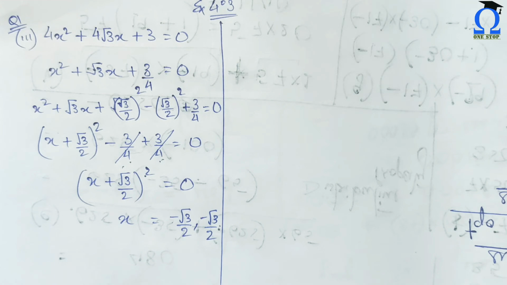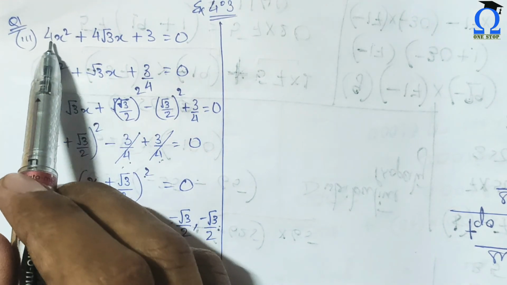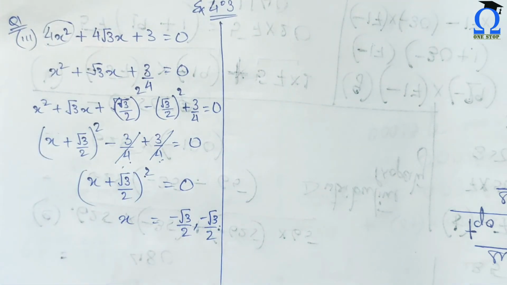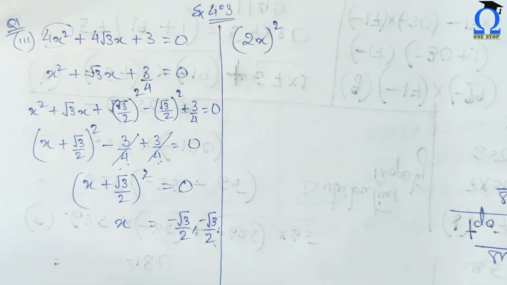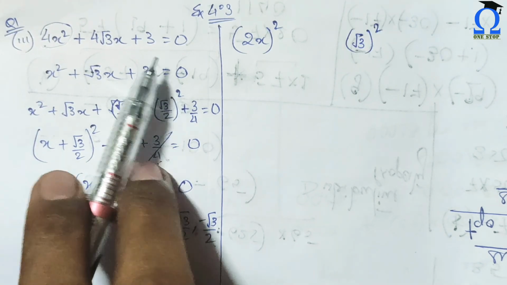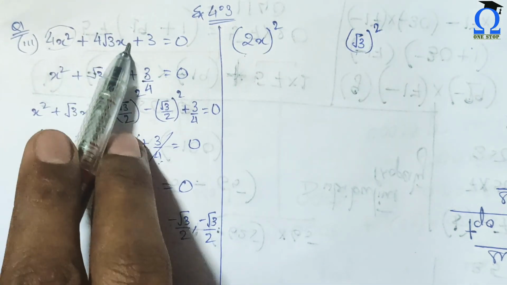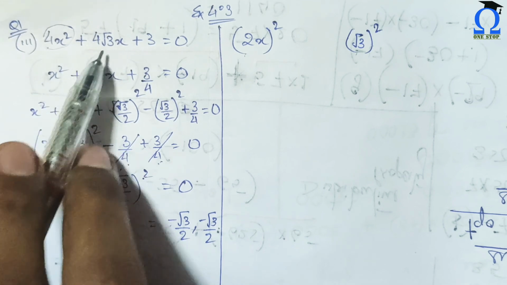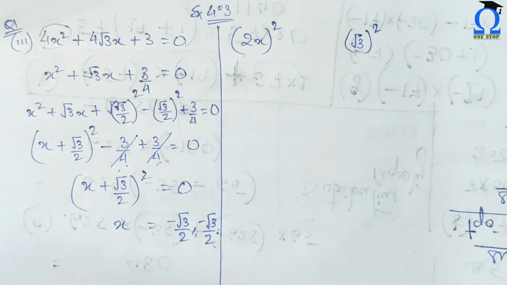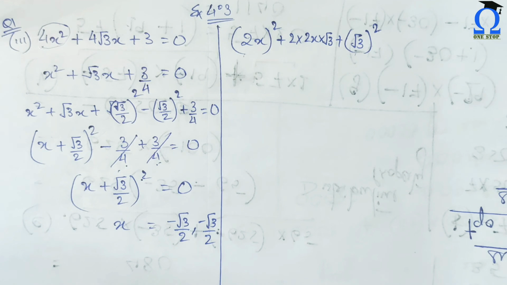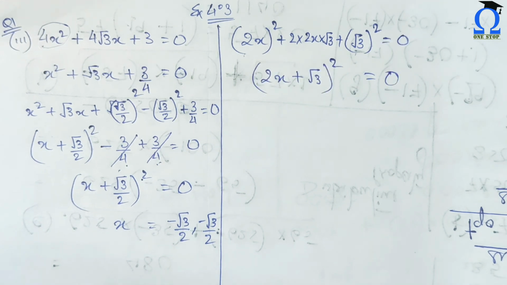Now see here students, we could have done this question in a different way. This is itself a perfect square. Yes, so I could have written this 4x² as (2x)². Now this 3 here I can write as (root 3)². So this is a² and this is b², so this has to be plus 2ab. Now let me check if it is 2ab or not. So yes, it is 2ab. Understood? That will give us the (a plus b)² formula, and our answer would be minus root 3 by 2. It is the same.